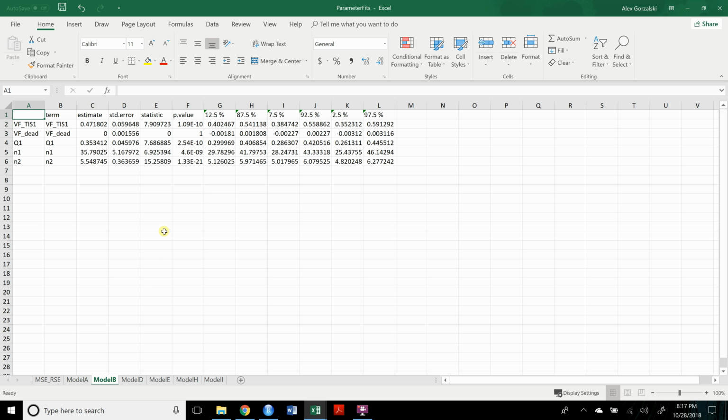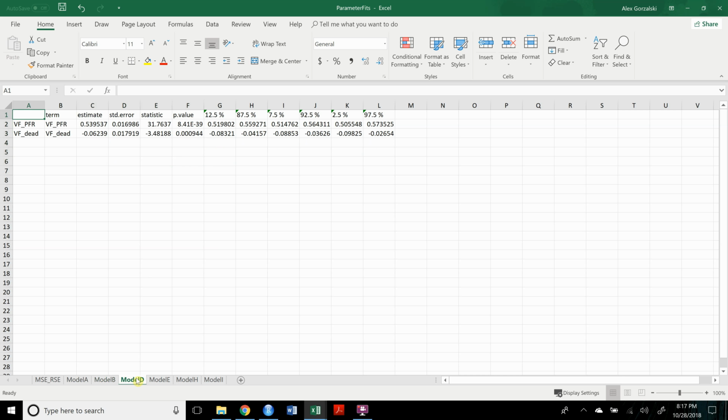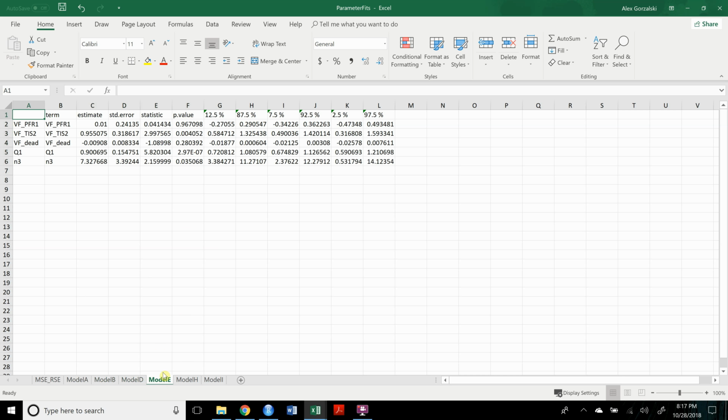If I look at model B, with the exception of the dead space fitting parameter, which had an estimate of 0, so that wasn't statistically significant. That didn't help us achieve a better fit. All of the other fitting parameters did end up being statistically significant. Same thing with model D, statistically significant. If we look at model E, a little bit different,